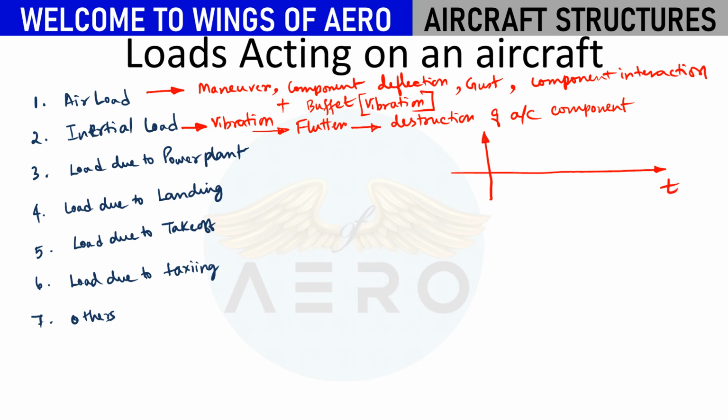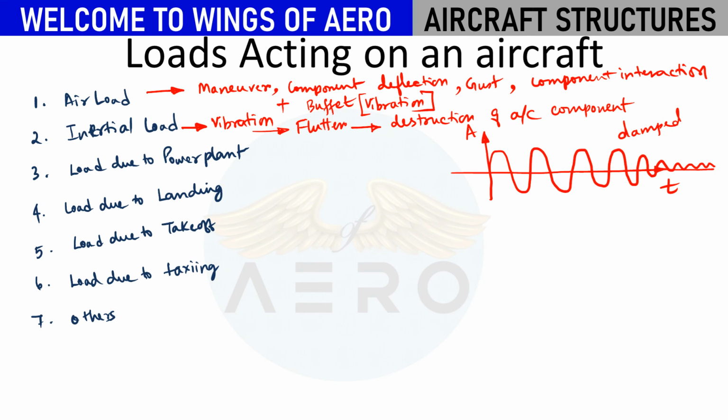Okay, so with change in time, in buffet, the amplitude of vibration remains almost constant, or sometimes it can lead to a damp. Damp means damped. Damped means this amplitude gradually comes down and goes to zero. That means slowly and gradually it will come down. The vibration will gradually fall. Okay, this is a buffet.